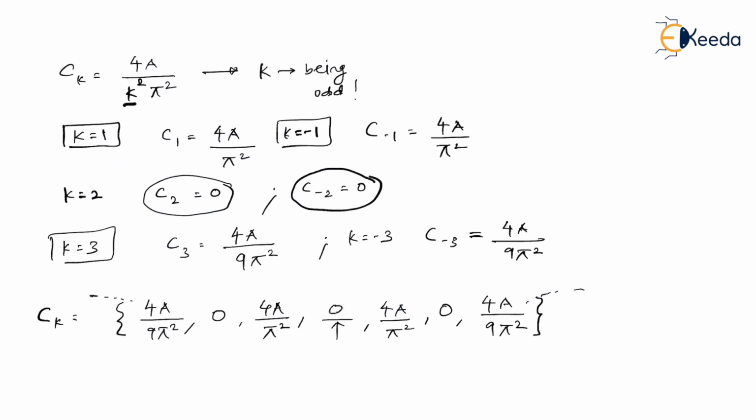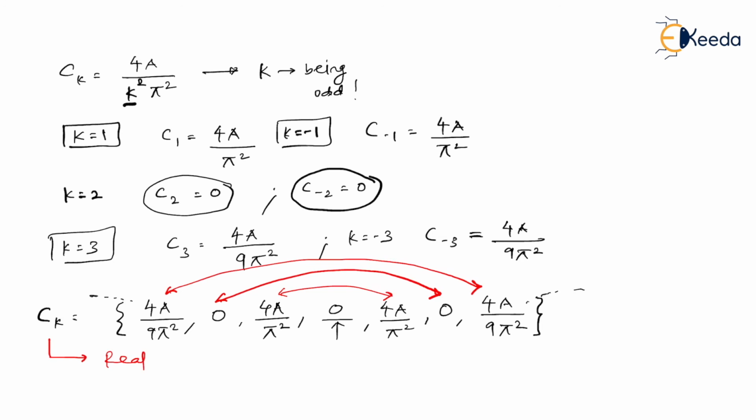Am I right? Now you have to observe this ck. Of course the sum is over, but let us discuss a few points which will clear your doubts. So just by observation, I'm claiming that you have got symmetry like this, you have symmetry over here also, and you have symmetry here also. So I can comment for ck that it is real. Yes, because in every ck value, every Fourier series coefficient value, you will see there is absence of j, definitely each and every element is real. So ck is real as well as it is even.